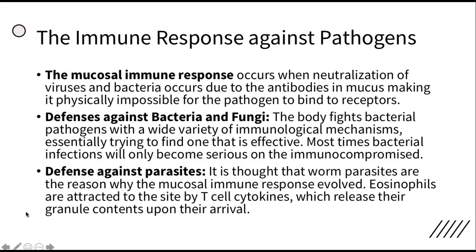The next is how we defend against parasites. And interestingly, it's thought that worm parasites that we would ingest through food is one of the reasons, or the main reason, why we have that mucosal immune response. And remember, those are the eosinophils that are attracted to the site by the T cells, the cytokines. The cytokines are the molecule that they release, which gets those eosinophils, which are the type of immune leukocyte that is good against these parasites, and that releases their granule contents and breaks down, and we sort of expel the